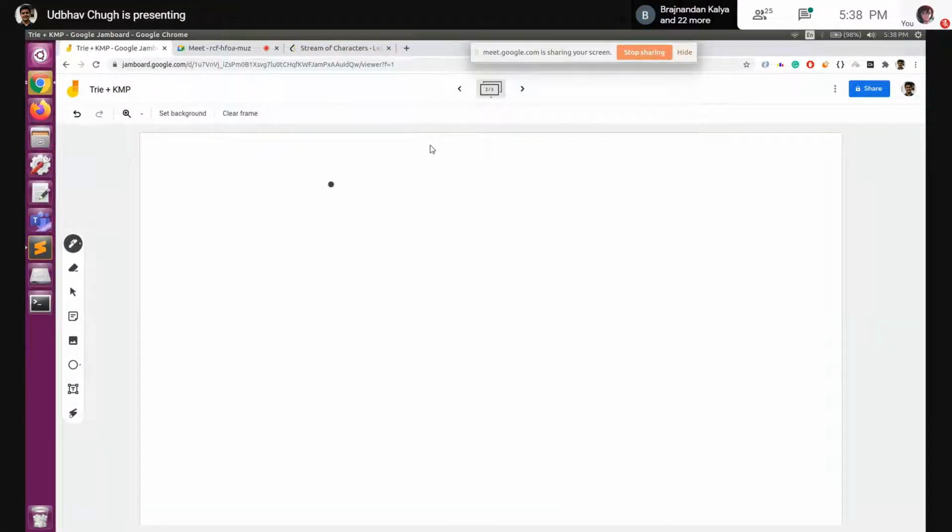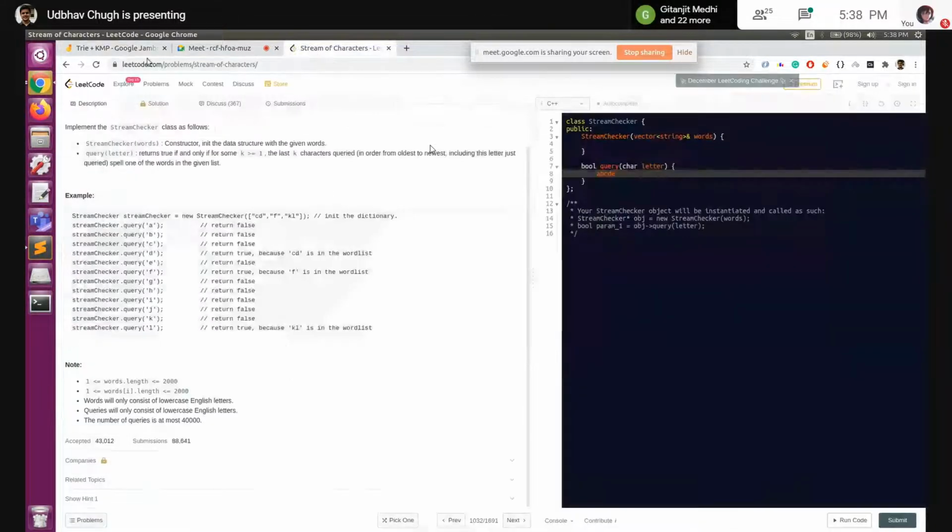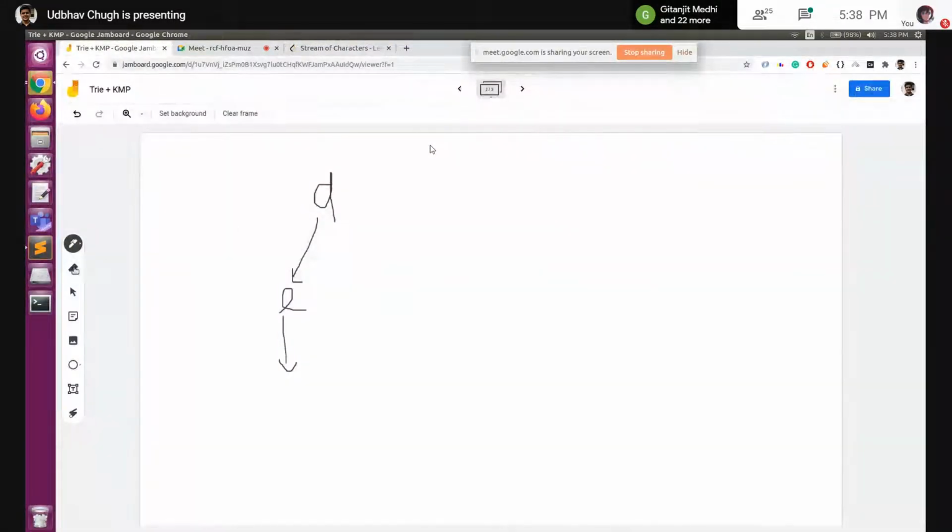Okay, so we'll have D, then D will be pointing to E, and E will be pointing to an empty array. Then we'll also have what else we have inserted? Okay, sorry, CD we inserted, right?